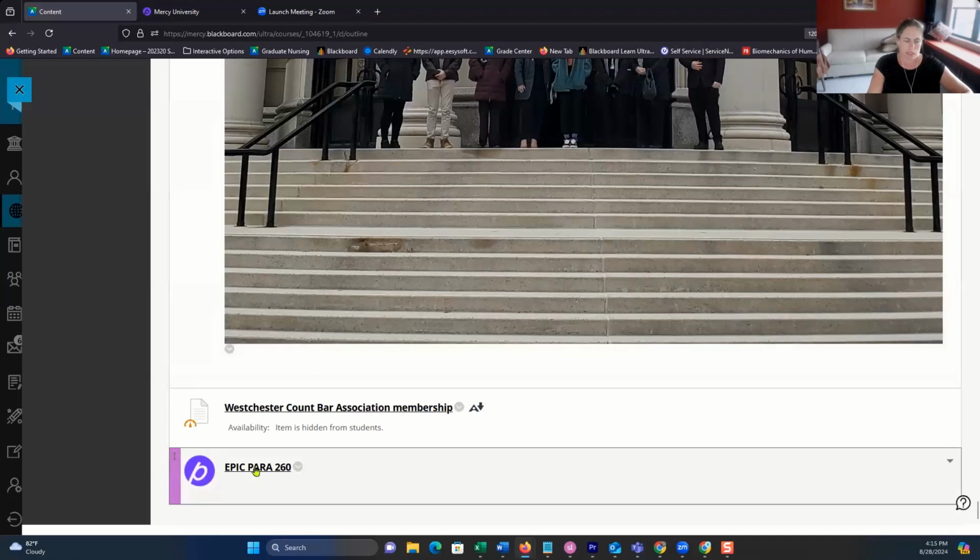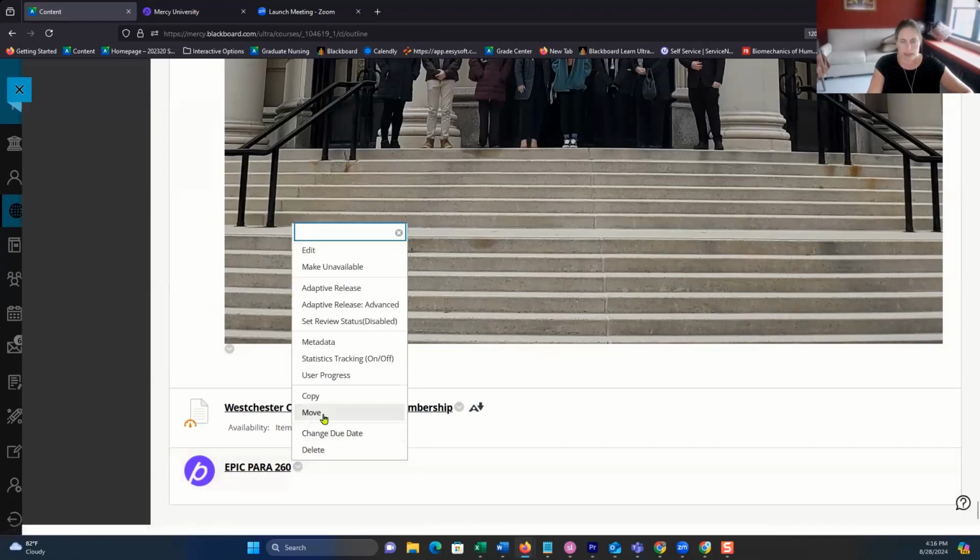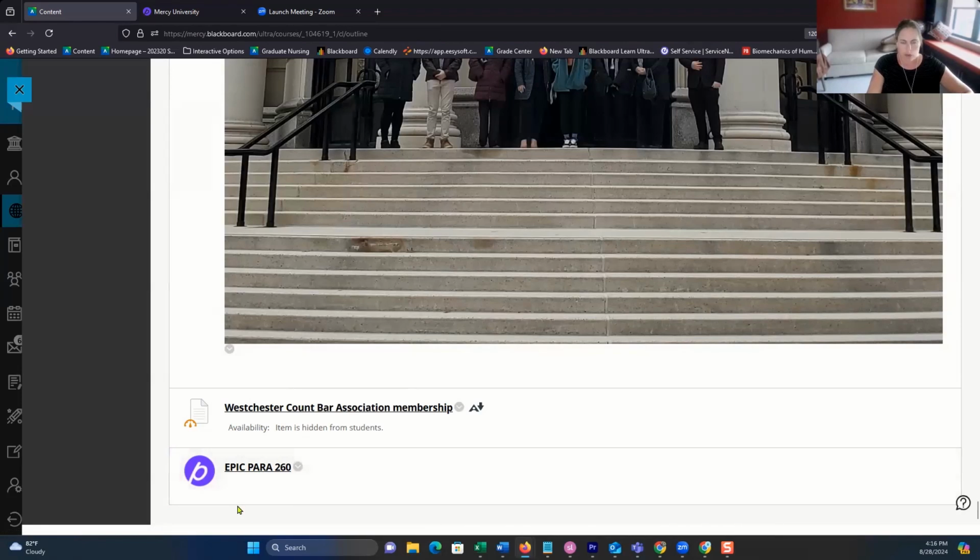So the only reason if you don't see it there is because it opened a new window. Make sure you refresh your screen and you put it. If it's not where you want it, you can always hit this arrow and move it somewhere else. Okay, so now that I put Epic in there,